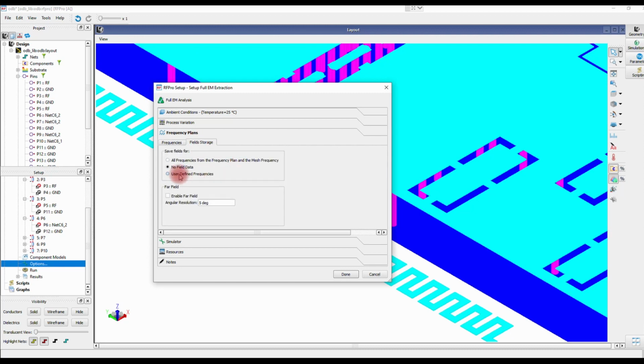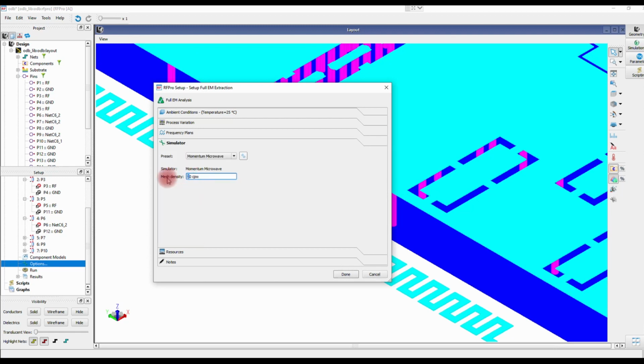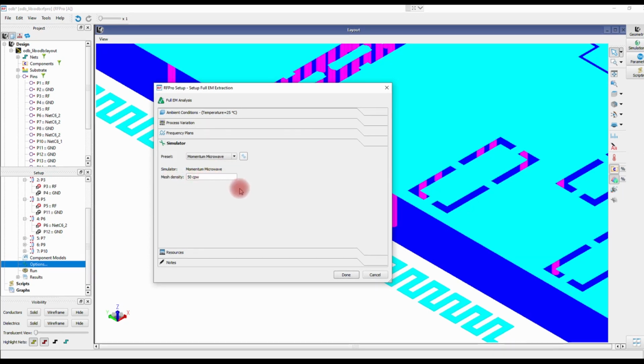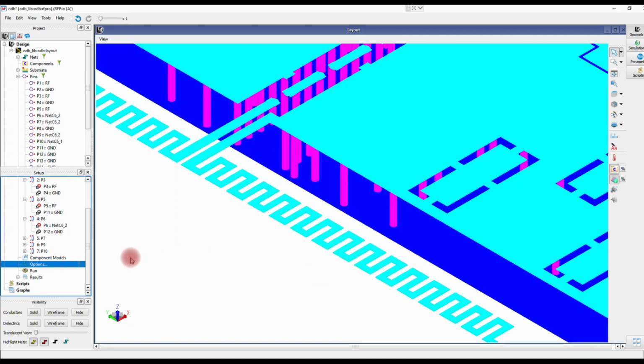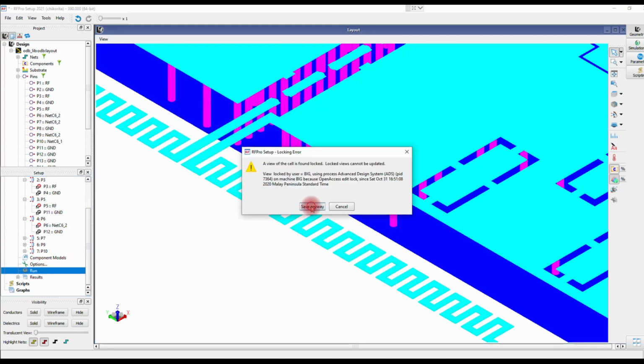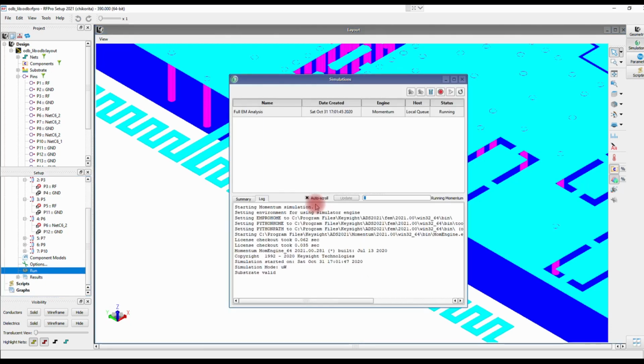We're going to save fields for user defined frequency and enable far field. Momentum Microwave is the simulator we're going to use and the mesh density is 50 cells per wavelength. Click Save Anyway and start the simulation.